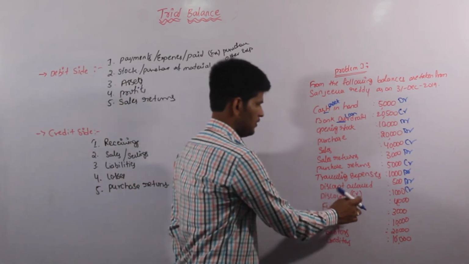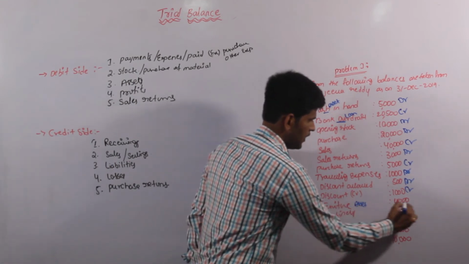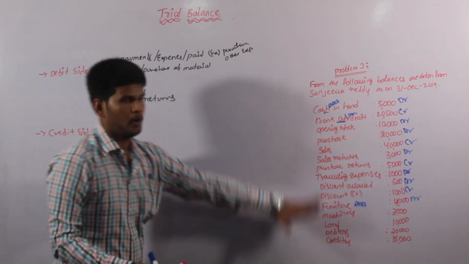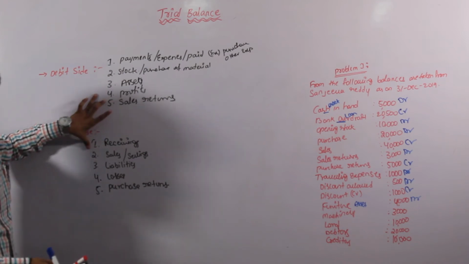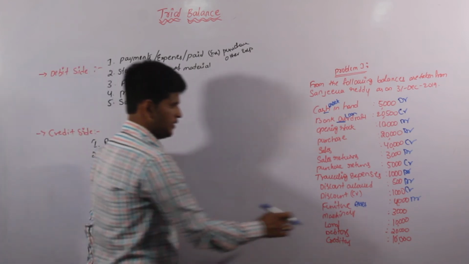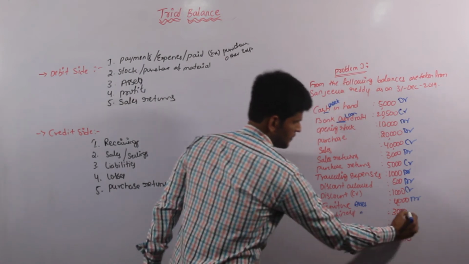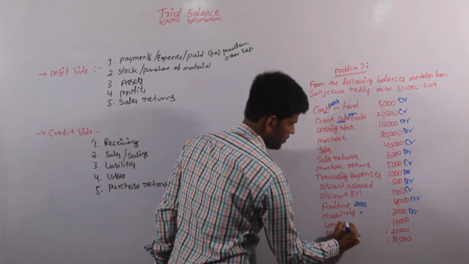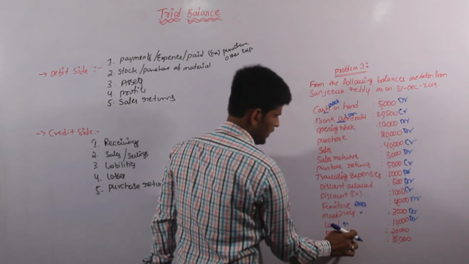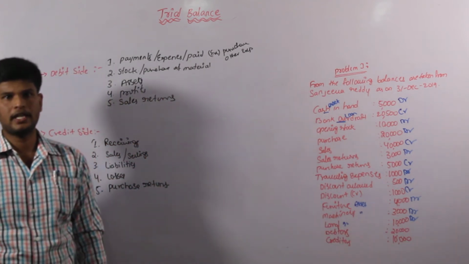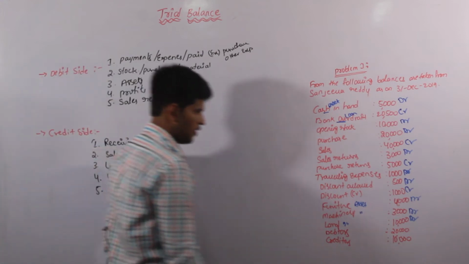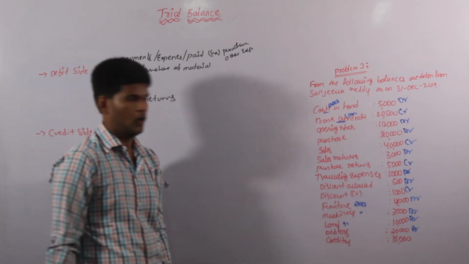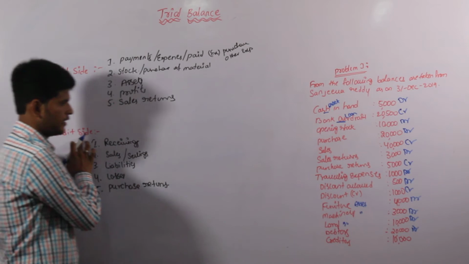Next one, furniture. Furniture is nothing but an asset. Asset is debit side. I am doing this problem based on these examples about the debit and credit system, right? Machinery. Machinery is also an asset. Asset is debit side. Land is also an asset. It is also debit side. A debtor is nothing but a person who owes money to us, so he can also be called an asset. It will also come under the debit side. A creditor is nothing but a liability holder. So a liability holder is on the credit side.